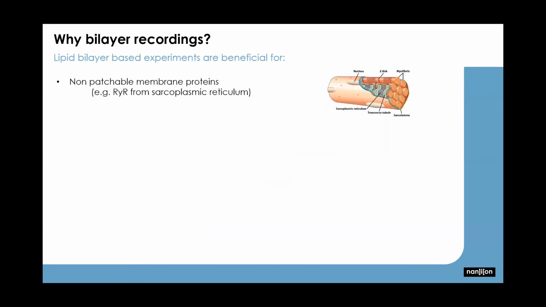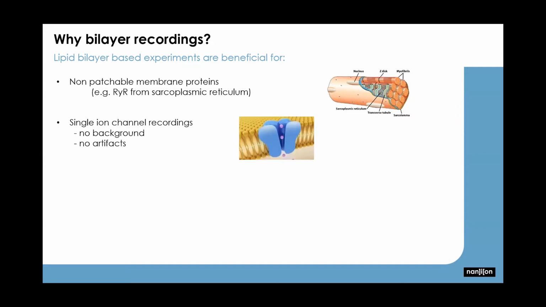So why would anyone prefer doing lipid bilayer experiments to whole cell patch clamping? Well, first of all, you could reach target proteins that are in non-patchomal membranes, for example, in the membranes found in cell organelles, like the Ryanodine receptor from the Sarcoplasmic Reticulum in muscle cells, as we will learn later on. And I'm really looking forward to that talk because recording those is not an easy task, and Filip will show excellent traces from his most recent work on these channels.